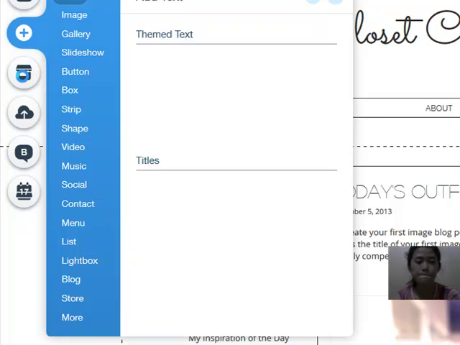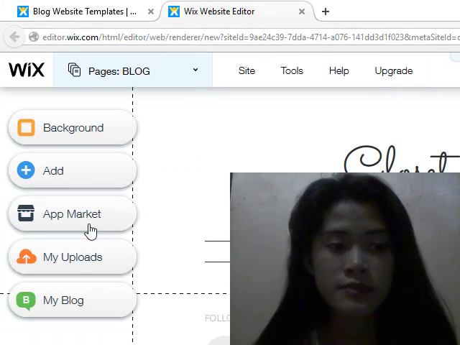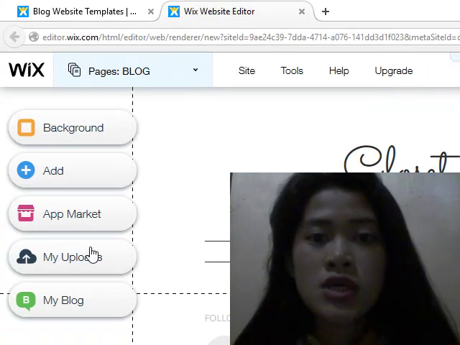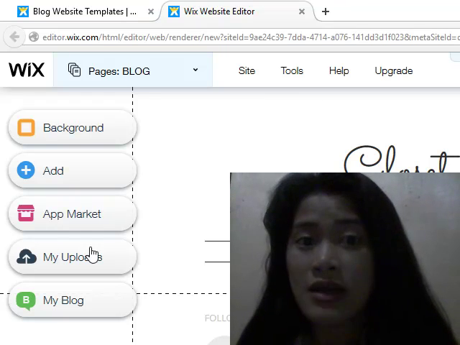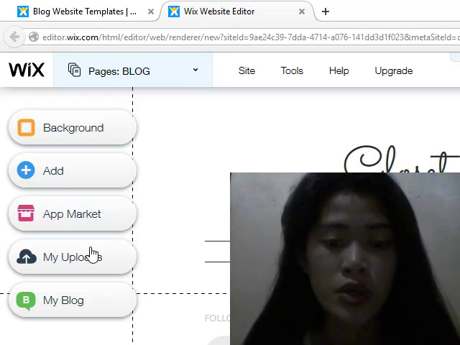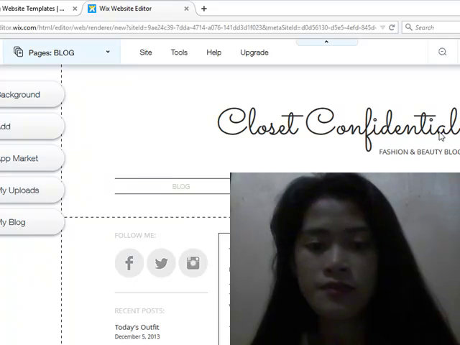And application market, and then my uploads, where you can upload your pictures and videos here and save them and put them on your blog post, and then my blog.